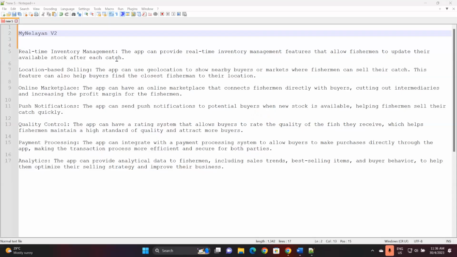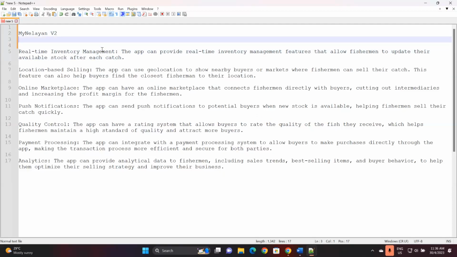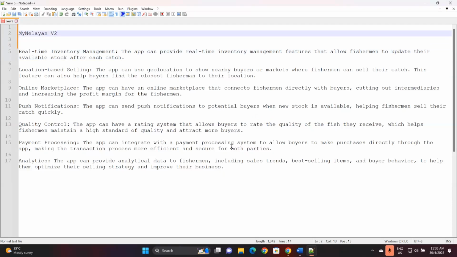All right, so for this semester, for this 8221 semester, I'm going to develop a full stack application called My Nelayan. So Nelayan is a fisherman, and Ma is a Malaysia, so Malaysian fisherman. So this application basically is to cater to Malaysian fishermen, but not just any fisherman, we're going to focus more on small scale fishermen